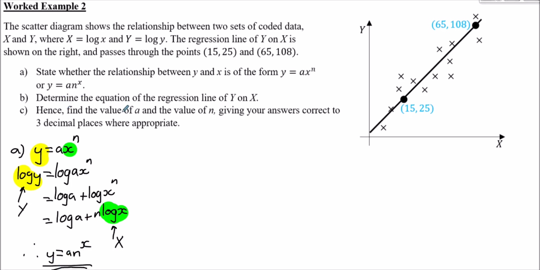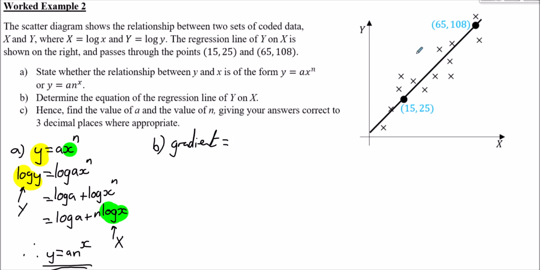For part B, I'd like to determine the equation of this regression line here. Now this is very little more than Year 12 pure work. So we're given 2 points on this line. Again, going back to GCSE even, if we're told 2 points on a line, we can work out the gradient. So the gradient,